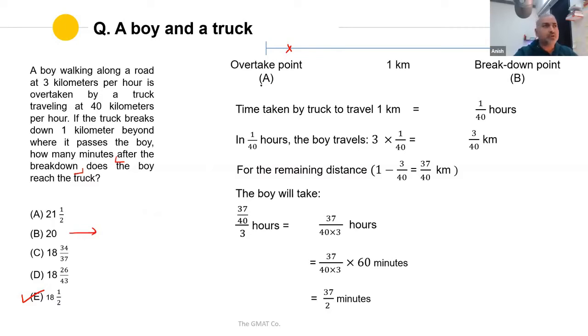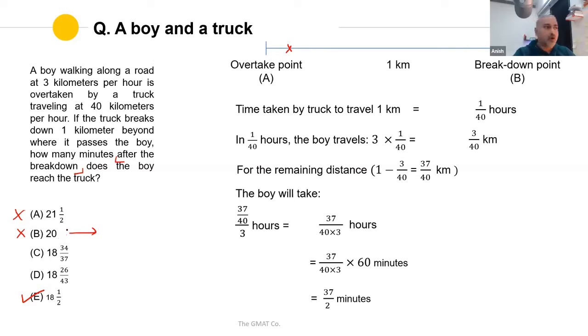Why is that? Because to get from point A to point B, overall, the boy takes 20 minutes, and the boy would have been walking while the truck got from point A to point B also. Right? For that duration, the boy would have been walking as well. So anyway, the answer would be less than 20 minutes, because for the remainder portion, the boy would take something less than 20 minutes. On that basis alone, actually, we could just eliminate these two options. We would still need to go through this to calculate, but then at least 20 should not have been our